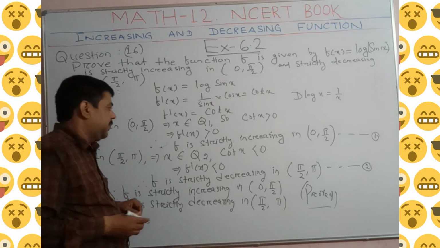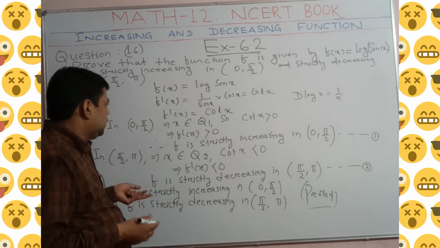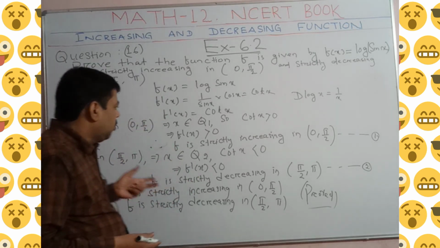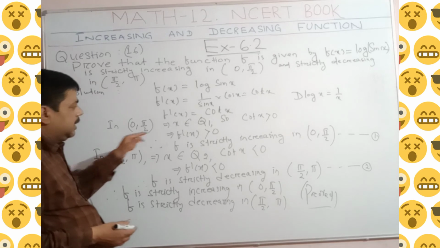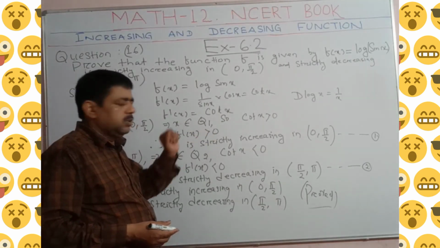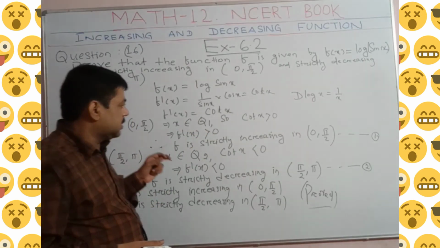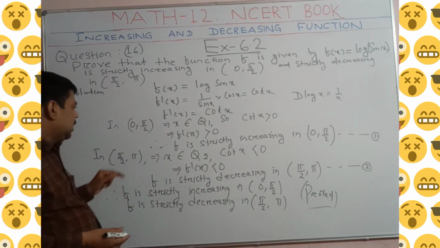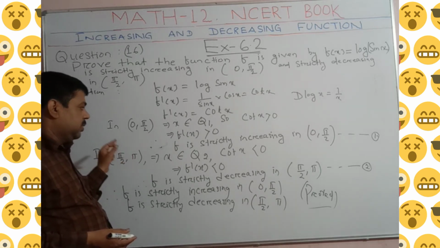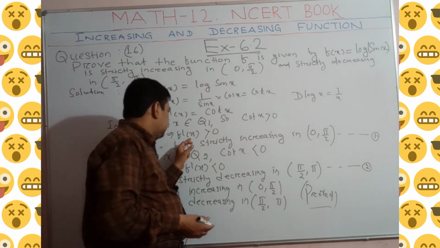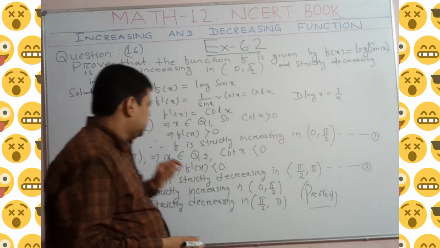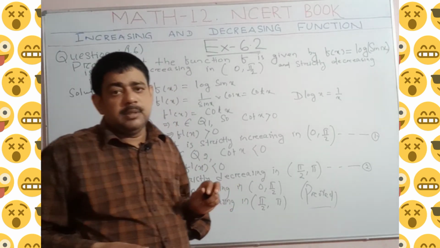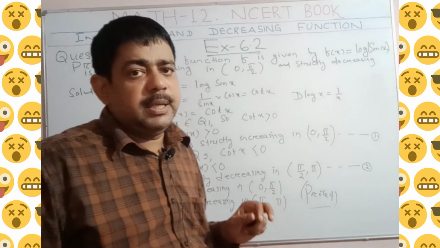to find the slope by finding the derivative. Okay, and after that you see in the given interval whether the function is increasing or decreasing. If the derivative of the function f dash x is greater than 0 in the domain of the function, in that interval 0 to pi by 2, then the function is strictly increasing. All of you know. And for any domain of the function, if the derivative f dash x is less than 0, it means the slope of the function is less than 0, then the function, all of you know, is strictly decreasing.